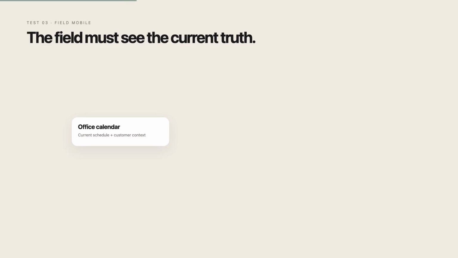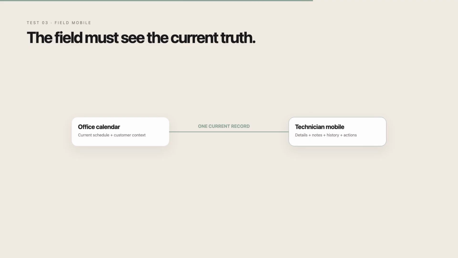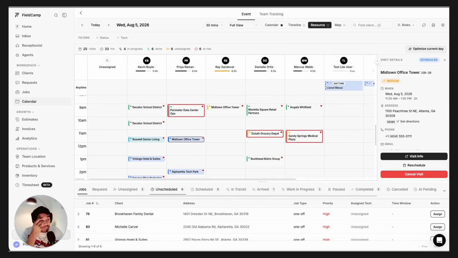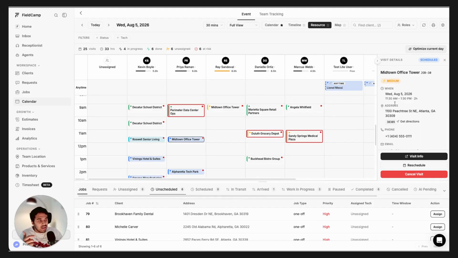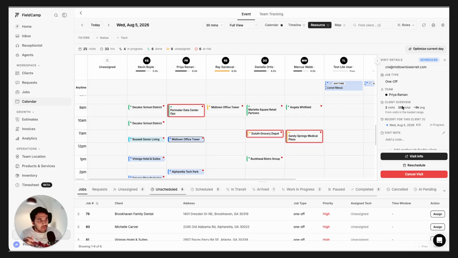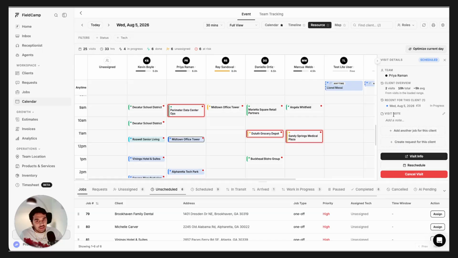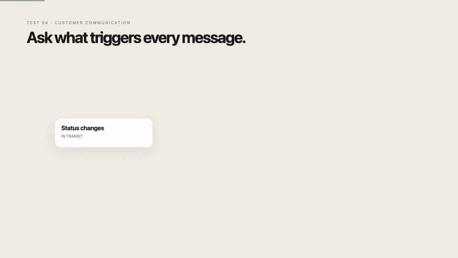Third thing is the field mobile app. Every single piece of information should be instantly visible in the field mobile app. A perfect office calendar is useless if the technician is working on an old text. The mobile side should show the current schedule, customer details, job notes, history, and status actions. For example, if I click on this job, this is all information which is visible to the technician as well. Like when it is supposed to happen, what's the address, a link which takes me to Google Maps or Apple Maps, the phone and contact details, and then any other things, for example, any notes or job instructions that you